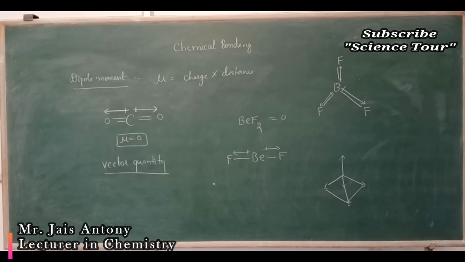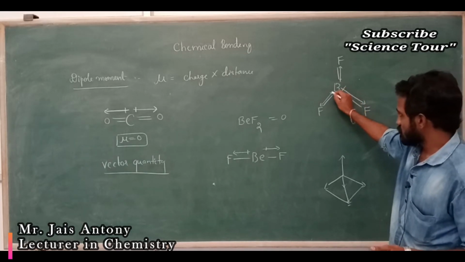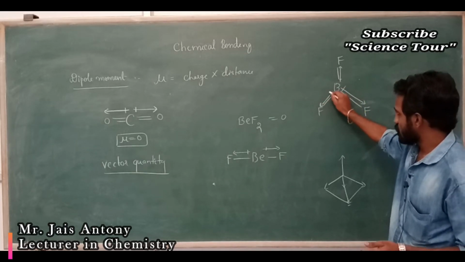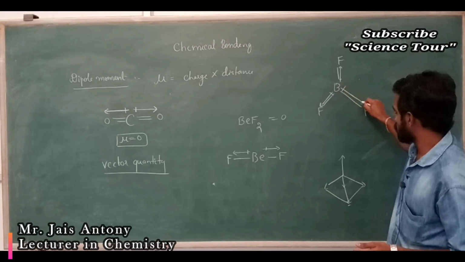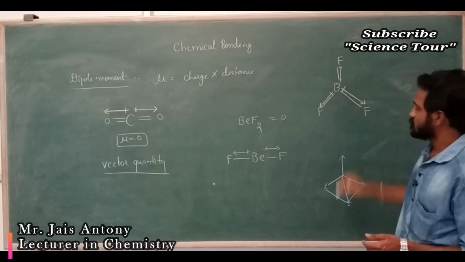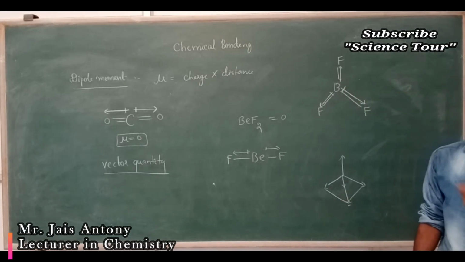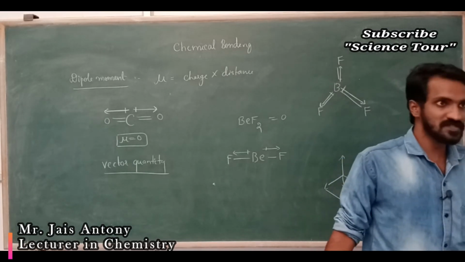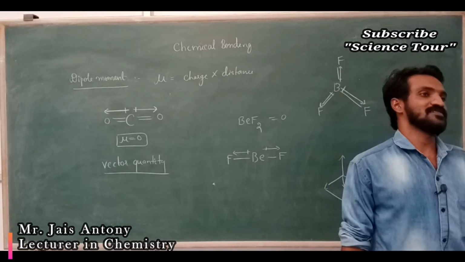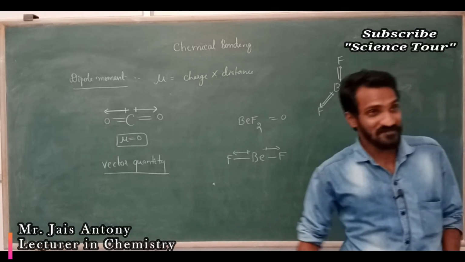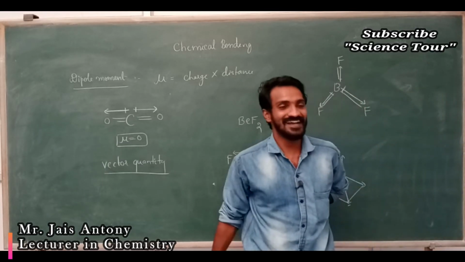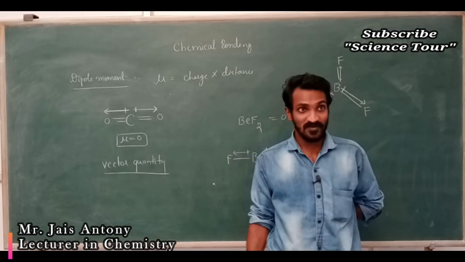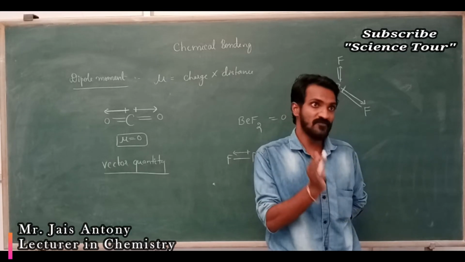Correct, no? So you see, my dear students, this dipole moment will get cancelled by this dipole moment. One person is pulling from this side, one person is pulling from this side, and these two get cancelled. Imagine one person is pulling from the back side and no one is there. So which side the resultant dipole moment faces is important.